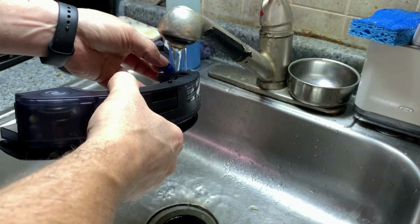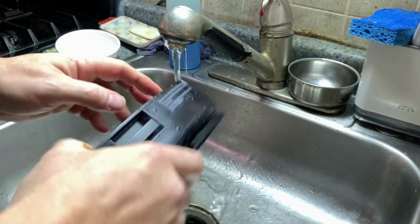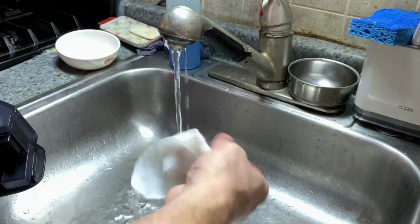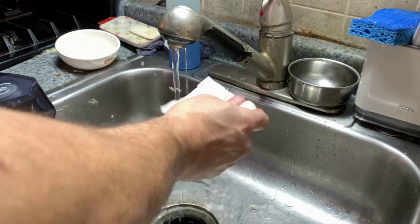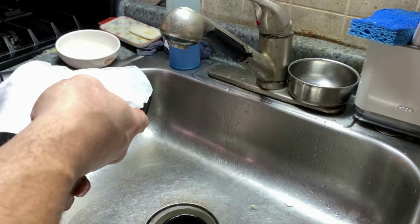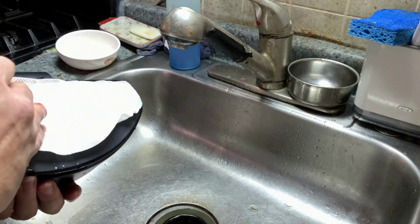Let's see. Yeah, that's very little water. So it's going to be extremely stingy with that water, so maybe the results won't be that great. I'll soak the pad like the instructions recommend. That should help. One thing that's pretty important that they want you to do is to dry the contacts, the